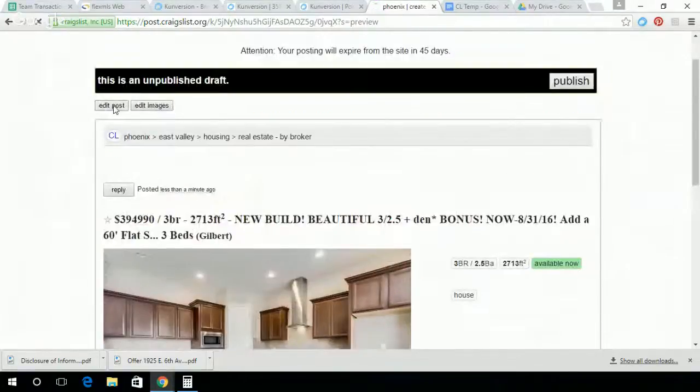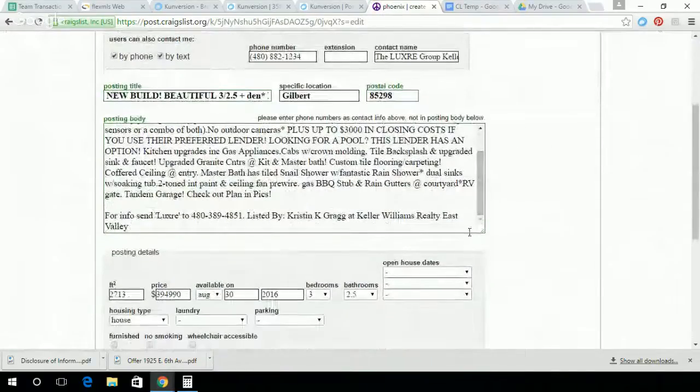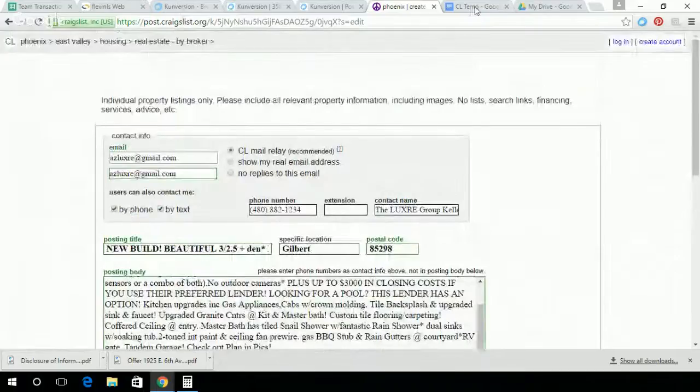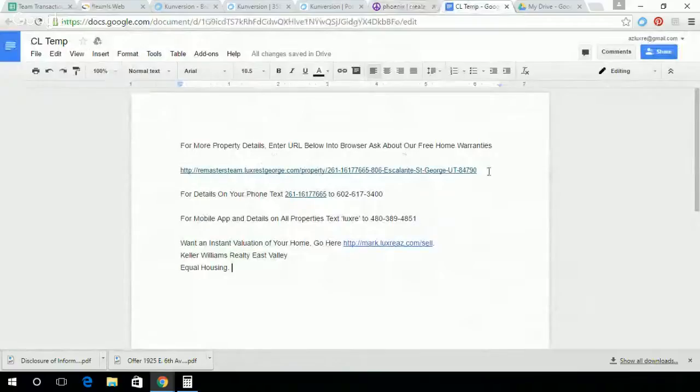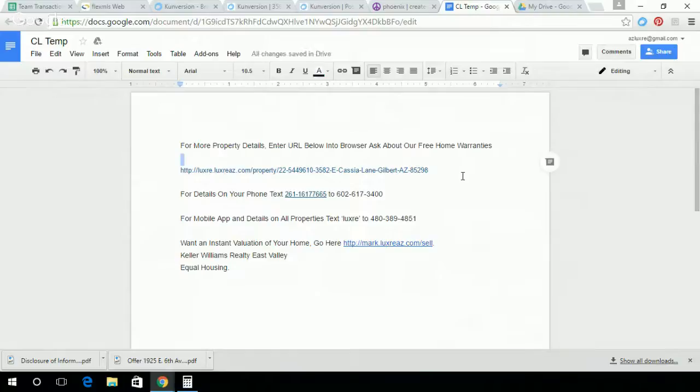So now what we want to do is just edit the post. Now I come back in here. Okay, so here's my post. I'm going to edit it. Now, it built my ad. I need to come to my Craigslist template, and I need to make some changes. Okay? So what I need to do is take this link out, because that's the old property that we posted, and post in the new property. Okay? Then I need to take the MLS number. You can type it, you can copy and paste it, whatever you want to do. And we want to paste that in there.